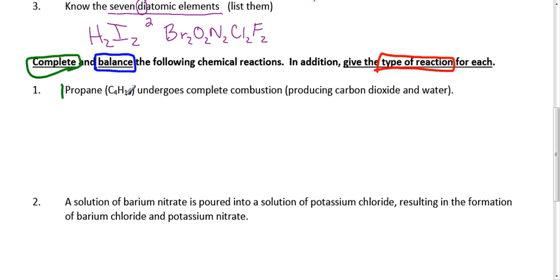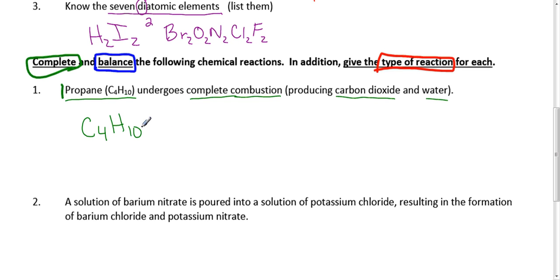So the first reaction says that propane, C4H10, undergoes complete combustion. So we know that it's going to go through combustion. That'll give us the type of reaction. And it says it will produce carbon dioxide and water. So we'll start out just writing our formula here for propane,